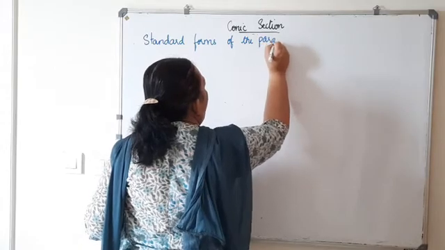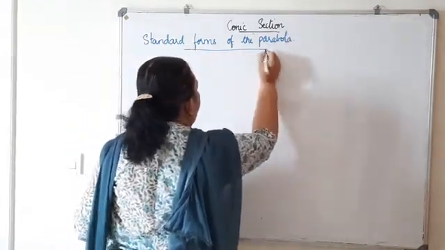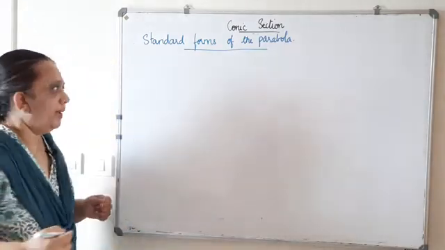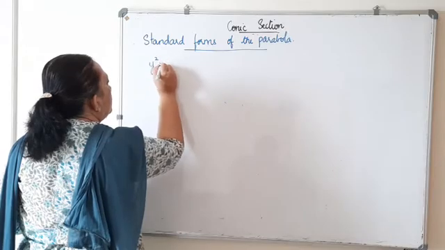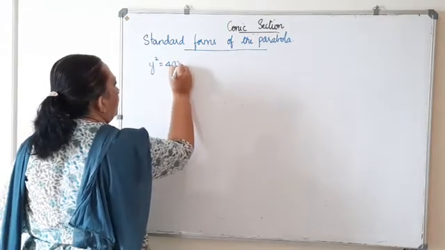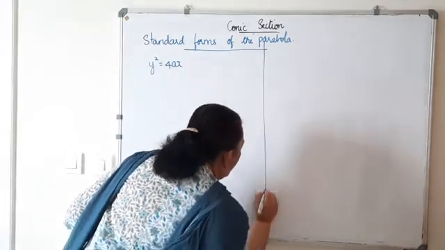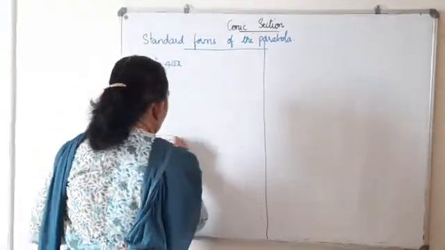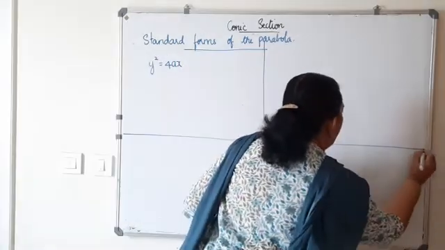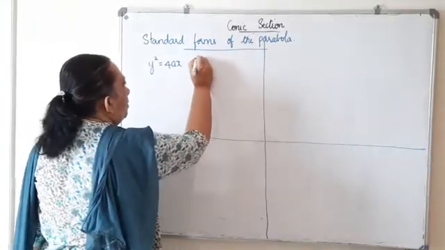Standard forms of the parabola. Y squared is equal to 4ax. Now let us divide the page into 4 because we have to consider 4 different types. Y squared is equal to 4ax. In this case, the standard form of the parabola is